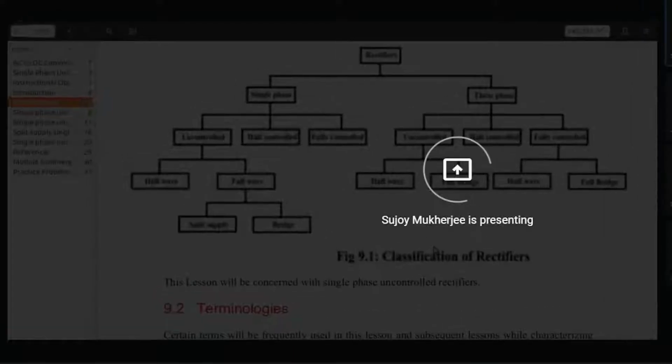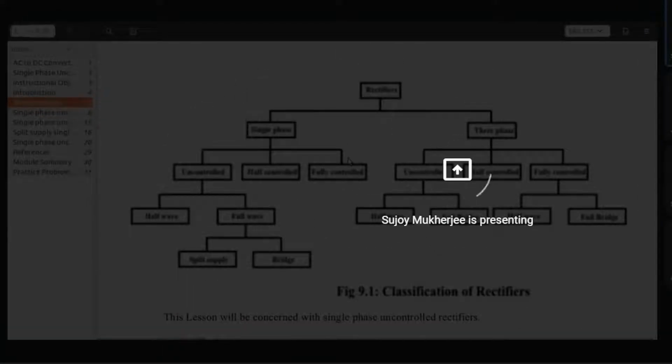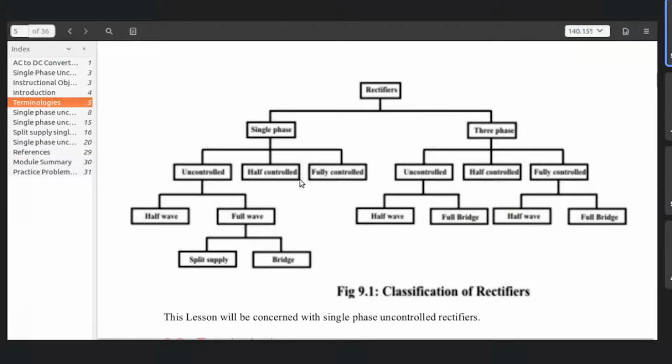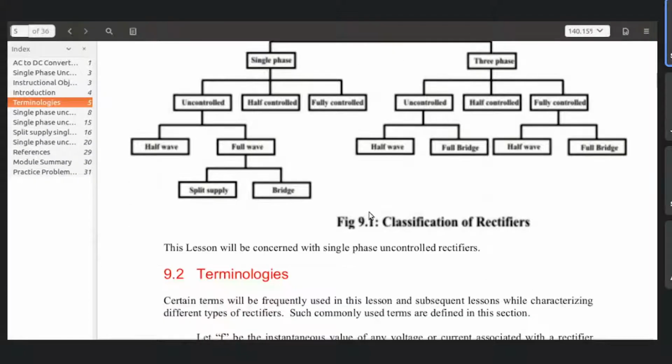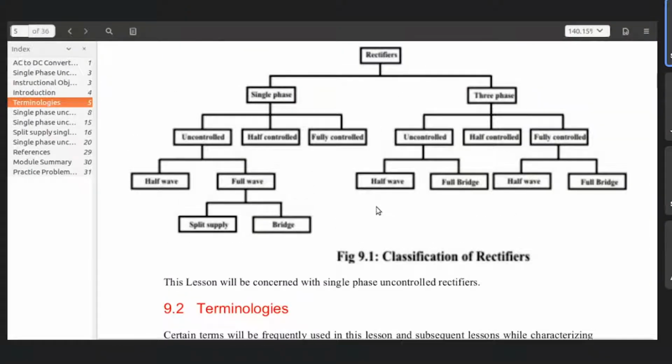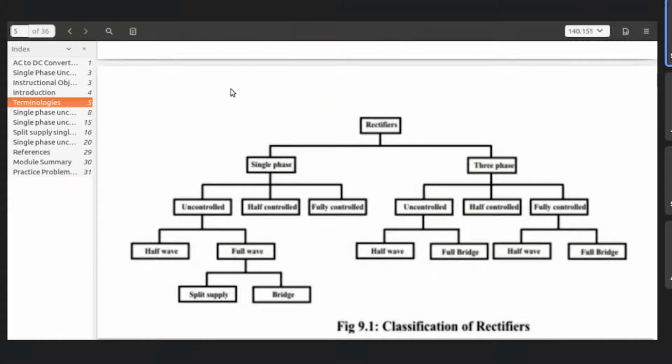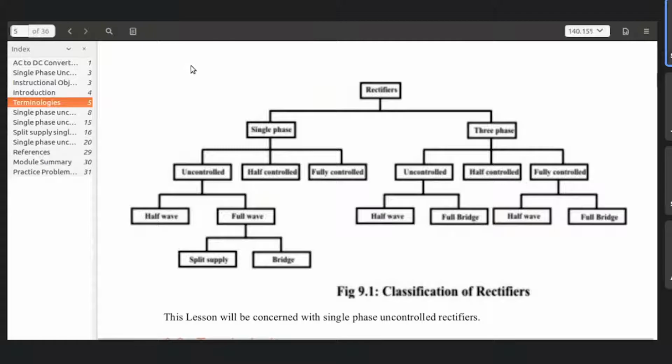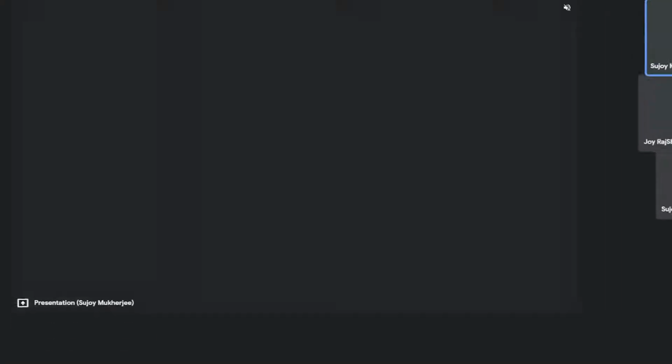This was the portion on rectifiers, when we are talking about single phase and three phase, uncontrolled, half wave, half control, full control over there. We were talking about the half wave and full bridge, the full wave, and the half wave and full bridge over the split supply and bridge. Under that segment, we will come across the regenerative action, the regenerative states also. These discussions we will have when we move into the classification and the other segments.